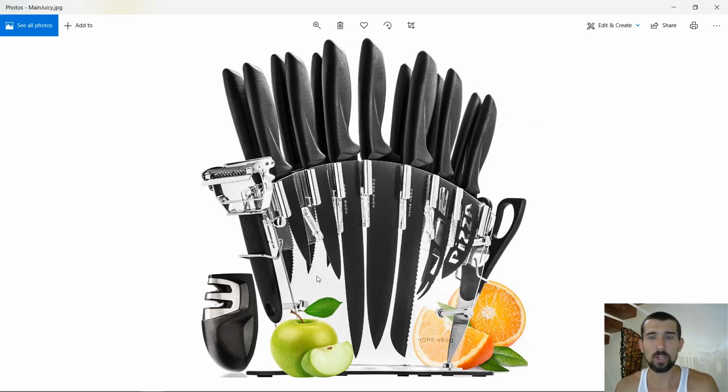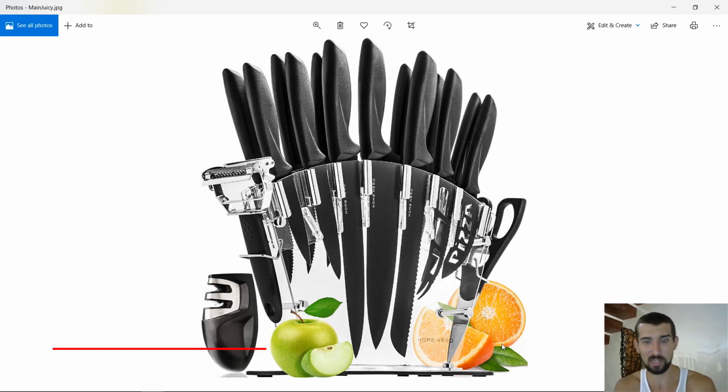Next one is another picture where we can see a really nice picture. We have all the set by Home Hero. We have some branding here. We can see the brand on the knife as well. We can see it here, and we have some lifestyle here as well. It's beautiful. It's eye-catching. You know, the idea of these badges is also to catch the eye, the beautiful colors. Remember, red, yellow, green, very eye-catching colors. So here he has green and somewhat orange, yellow, right? It's really nice. Maybe if you could add some red it could be nice, but again, you gotta play with the rainbow colors as well.